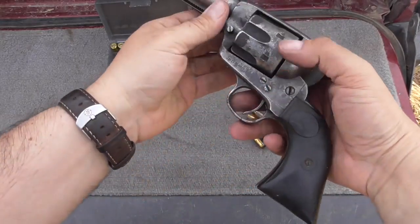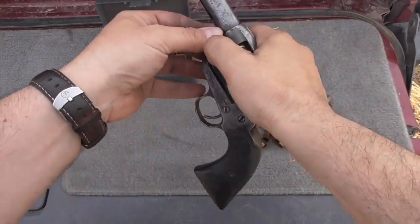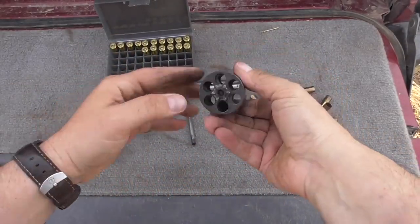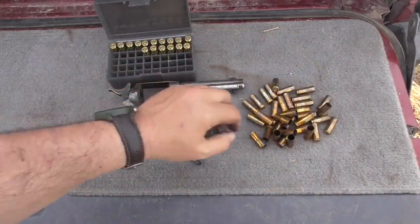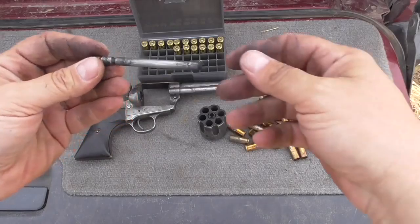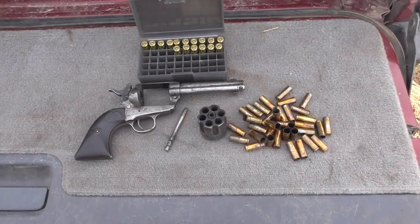What'll happen is your gun will start to stick on you here because of the black powder. I'll show you. So what you want to do, see, we're starting to get that black powder residue on there, and you can see how many we've shot so far. Brought out a box of 50 just for giggles here, and you don't want to wipe this down. The best way to do that is to get a little bit of water with a rag,